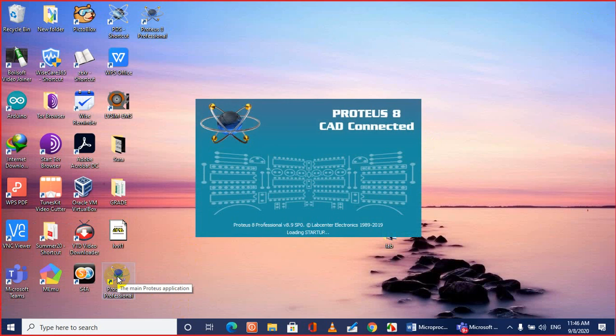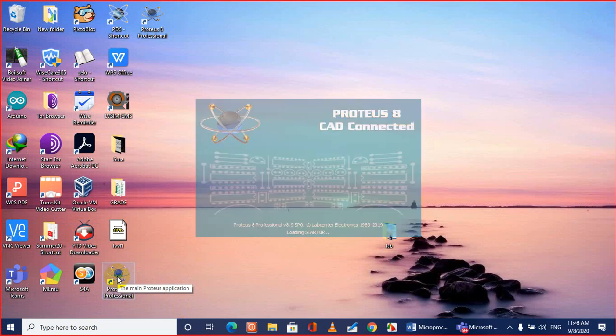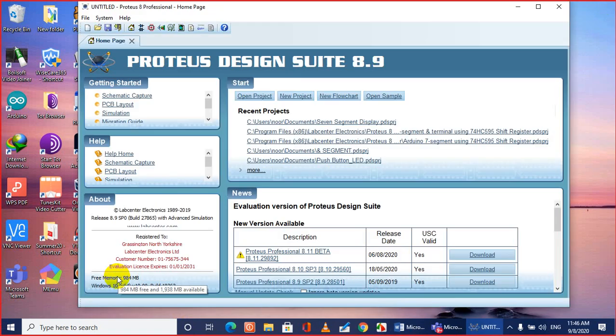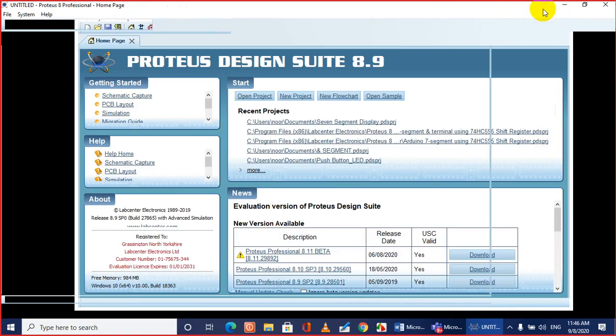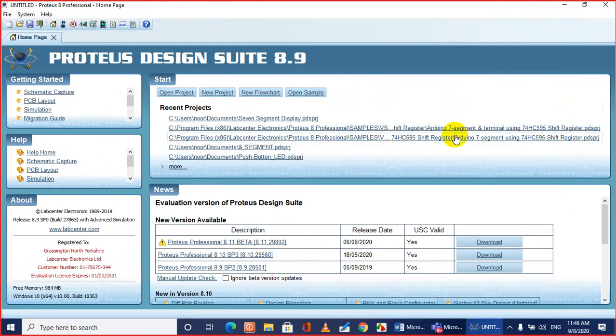So Proteus is starting. This is the splash screen of Proteus. This is the first or main interface of Proteus. So from here we'll pick a new flowchart. It is initializing the project wizard.